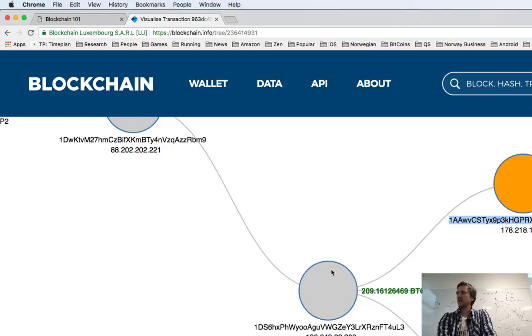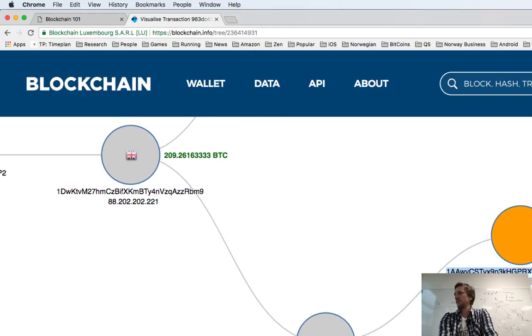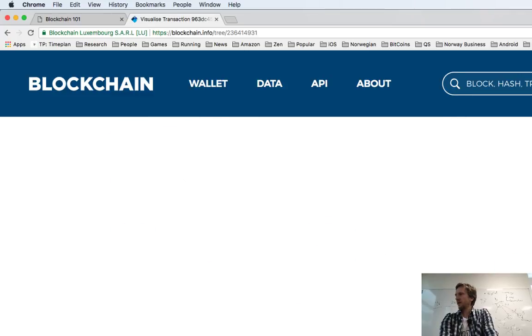So you see, okay, this and this almost certainly belongs to the same person, and this, right? So this, and this very likely belongs to the same, and then you can carry on, and here